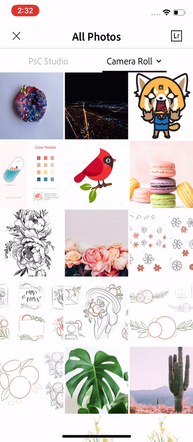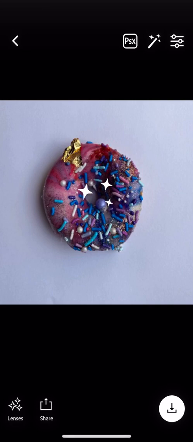So if I go to my camera roll and I purposely chose to take a picture that's not so great, maybe average at best, but if you notice, there was a little animation where it automatically fixed my photo for me. Now, just because it's a smartphone does not mean it's going to make a smart decision for you. So if you click the little magic wand at the top right hand corner, you can see the before and the after. So I believe that does look better with the automatic edits, but I think I can make this